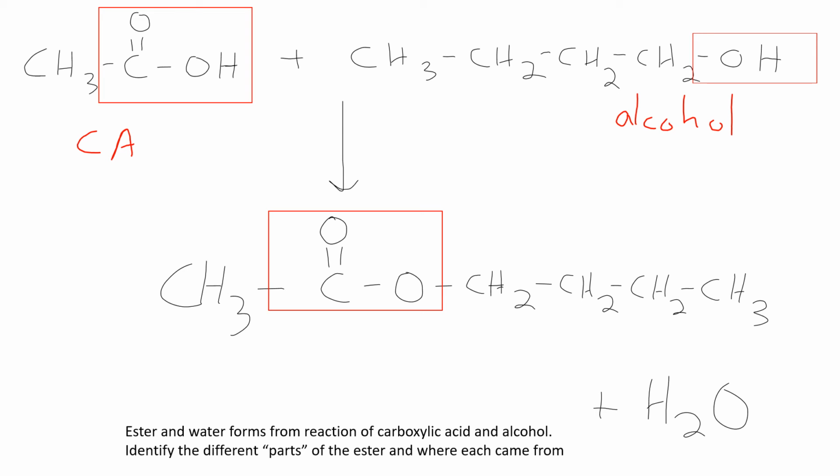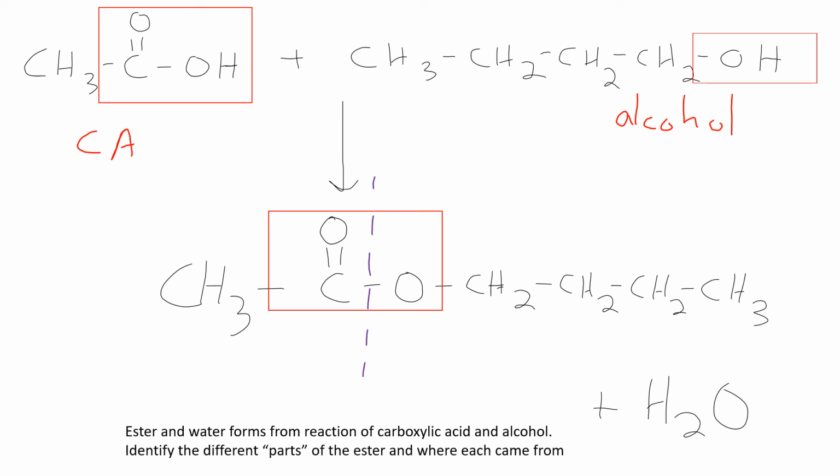And again, the red boxes are boxing in the functional group parts of the molecules. This is where the changes are really going to take place. So we want to go through and show where these pieces are coming from. Now remember, every time we look at an ester, we talked about dissecting an ester always between that C double bond O and the C single bond O. That's what splits it into the two parts.